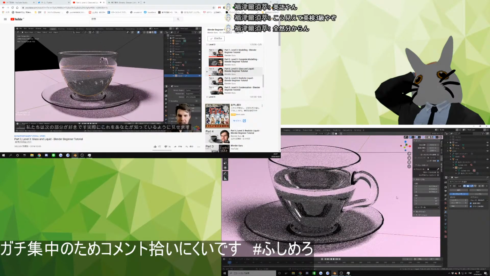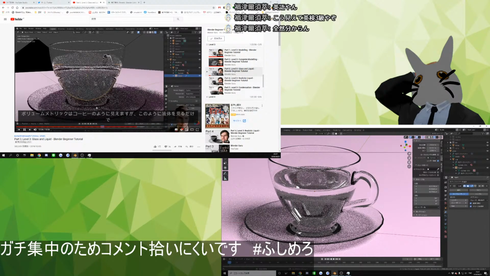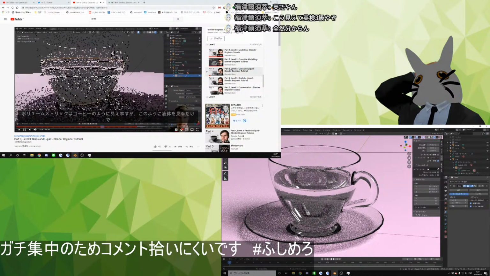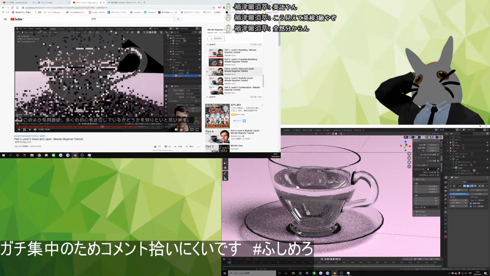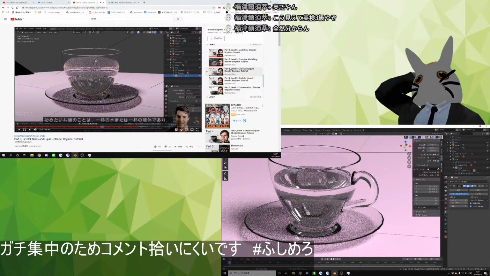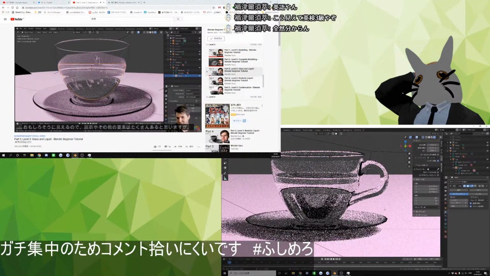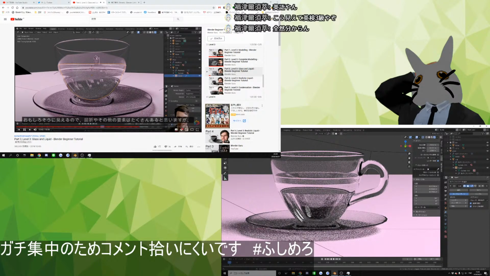Before, in the next part, we're going to actually make this look like coffee with volumetrics. But just looking at liquid, it's actually a problem a lot of beginners have, believe it or not. I guess it's a common thing beginners want to make, a cup of water or a cup of liquid. And you'll see that this liquid just doesn't look right. It looks interesting, I guess, a whole bunch of refraction and stuff. But it doesn't look right because